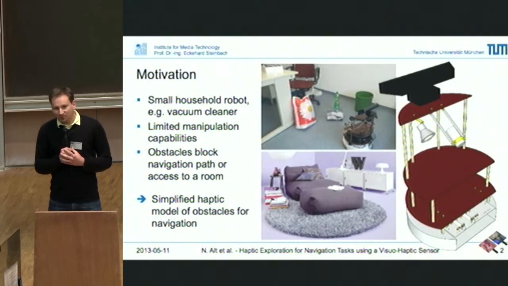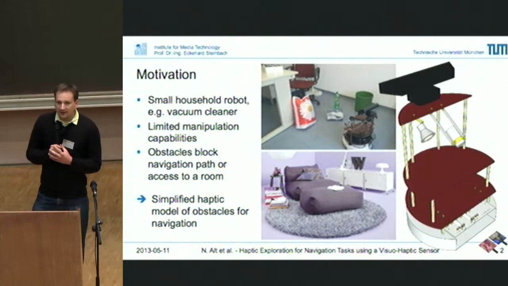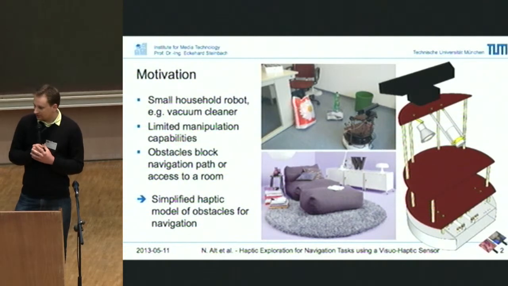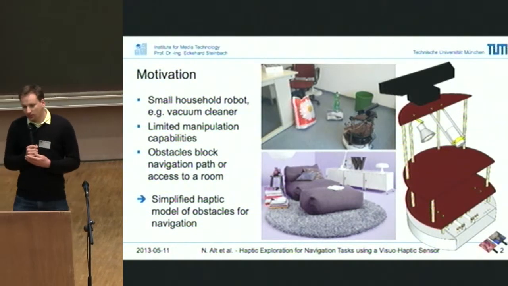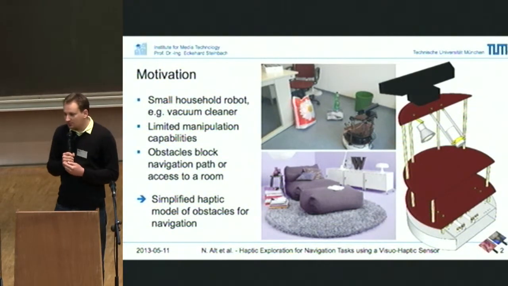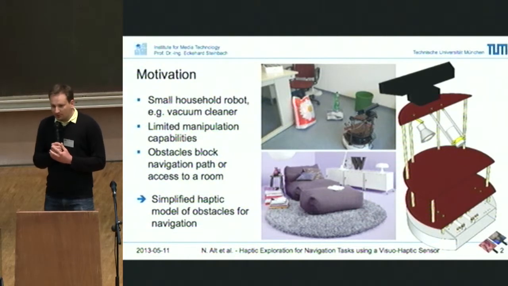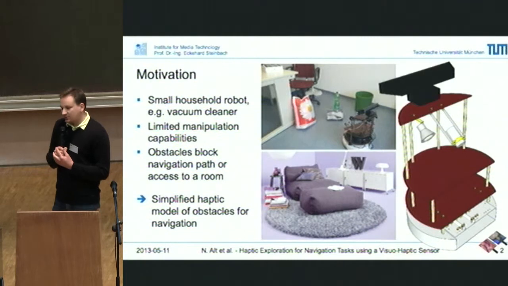We have a Turtlebot-like robot, or like one of those vacuum cleaners, and those robots need to navigate in an office scene or a household scene as shown over there. And you see that there are all those objects in the way which are seen as obstacles on a visual sensor. So we thought, what's the minimum amount of information we need from haptic modality to be able to manipulate